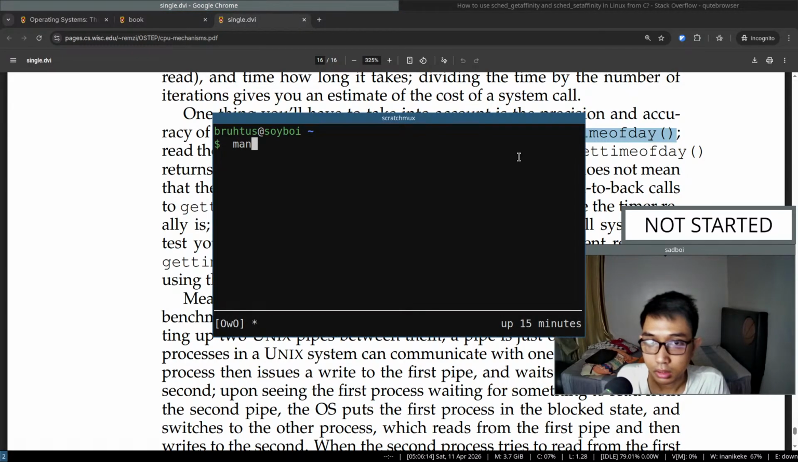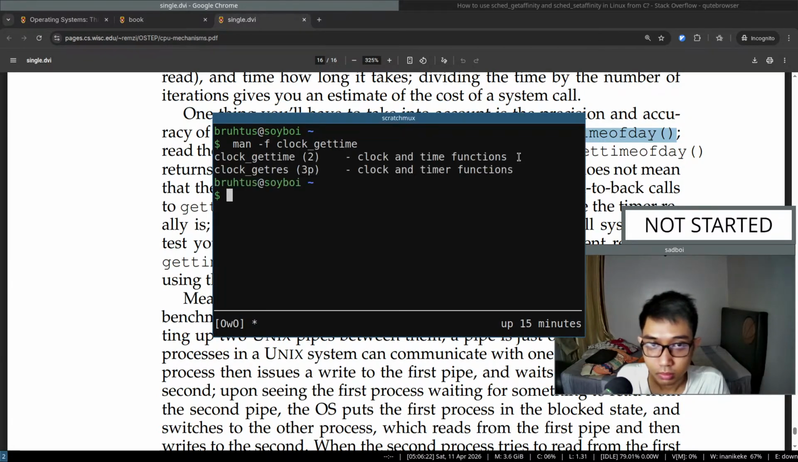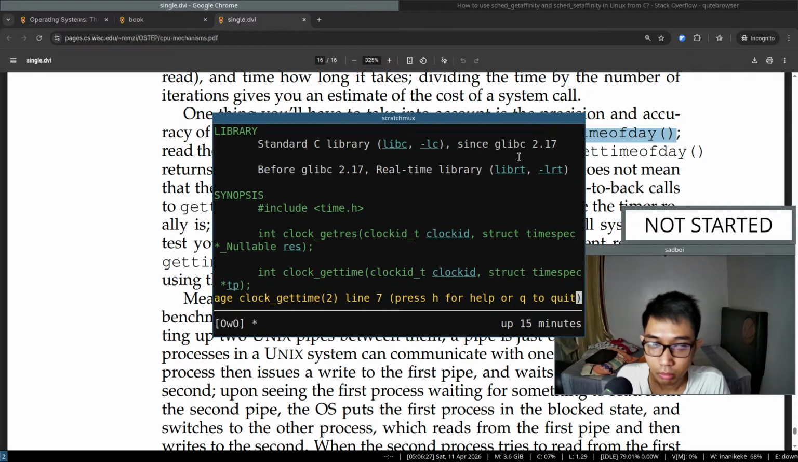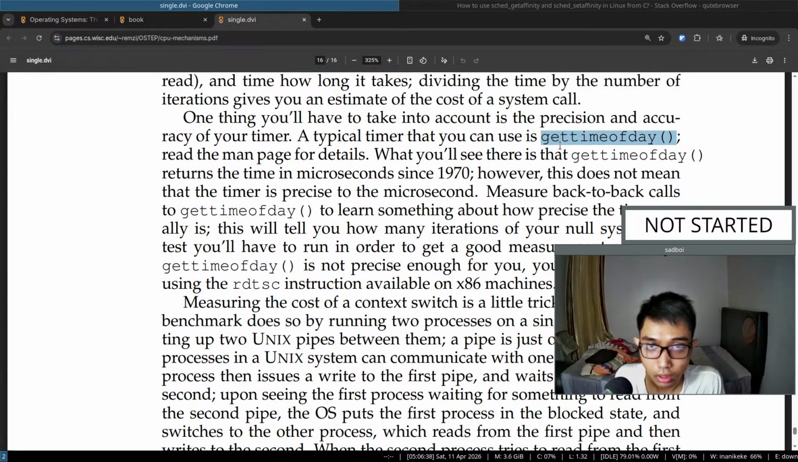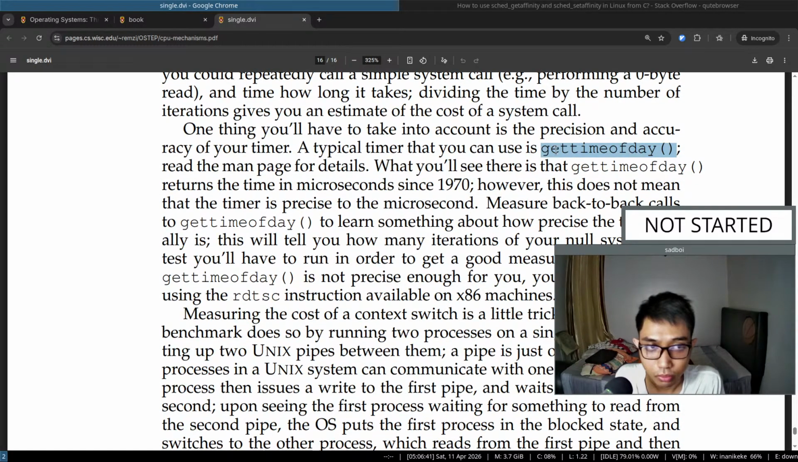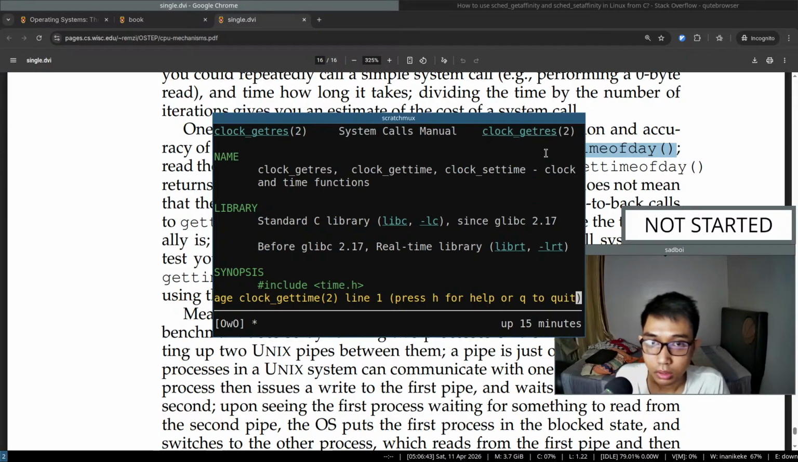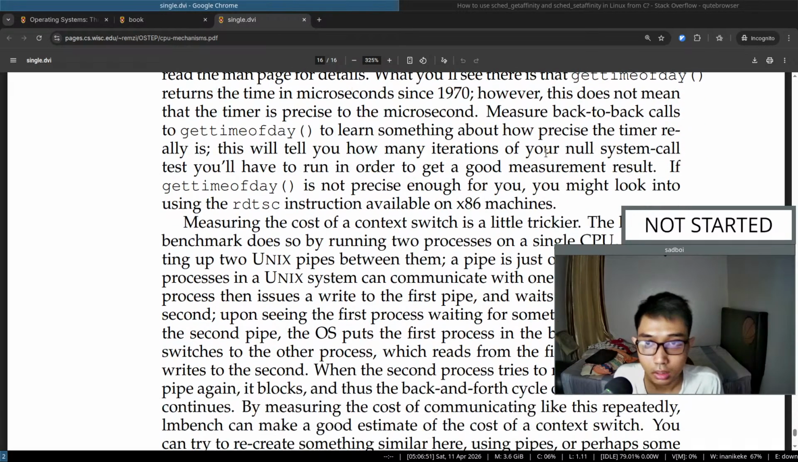It is, what is it called? clock_gettime. This one. Because if I remember correctly, gettimeofday is already deprecated, so there's a chance that it will get removed. So instead of using that, we are using this one, clock_gettime. And then